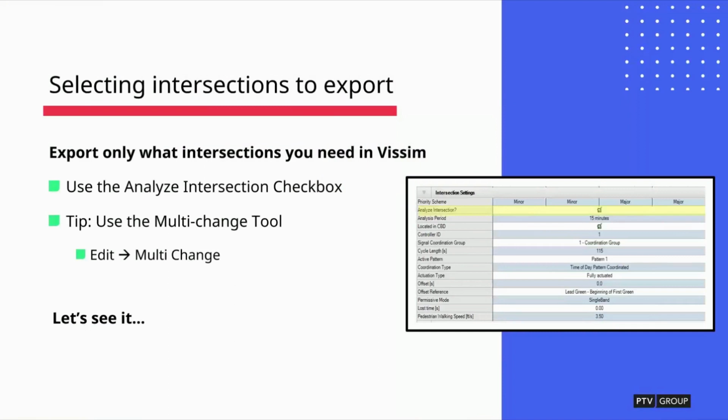All right, the next thing is selecting the intersections to actually export. So there's some people that do this accidentally or on purpose, but there is this analyze intersection button or checkbox, and if you check it off, then that means that particular intersection will not be exported to Vissim. And if it's checked on, then that means that intersection will be imported